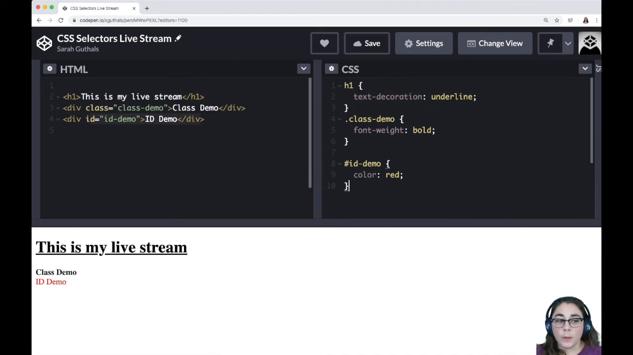Now, why do we have something different? Why do we have class and ID? It seems like they do the same thing. As I mentioned before we created the ID demo, it's for one specific instance, one specific element, right? Technically speaking,